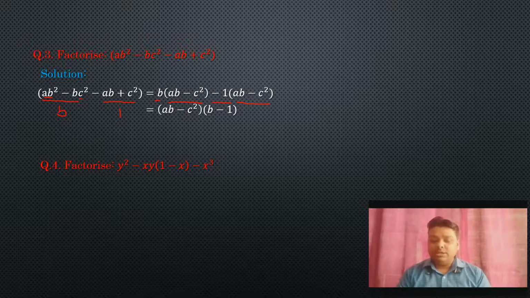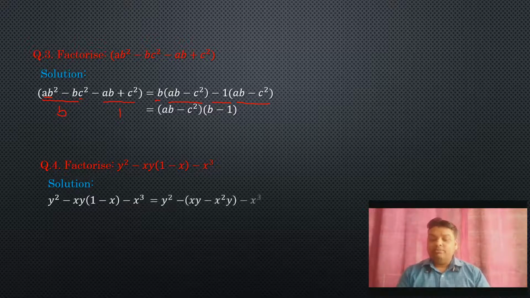Here you can see that at first we will write the question, then y square directly we will write. Okay, then we will multiply xy with 1 and x, but we will not open the bracket right now. Then it will be xy into 1, xy, and xy into x, x square y. Like this we can write, but in a bracket. Okay. Now we will open the bracket, but here you can see the minus sign outside. If there is a minus sign outside, then in this case if we open this bracket, the sign will change. Okay.